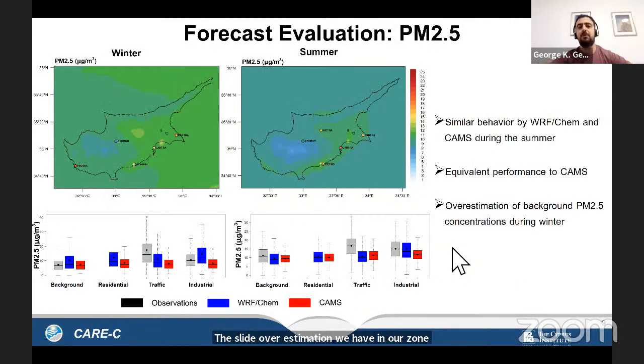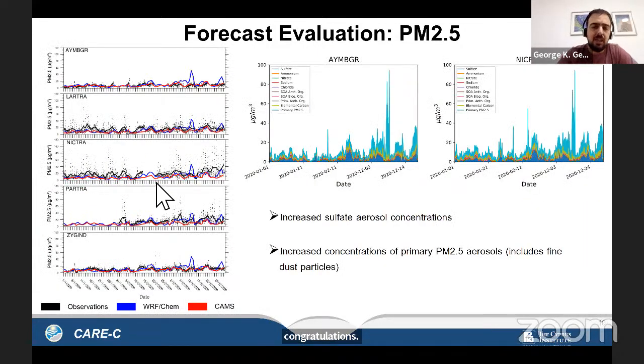These are the results for PM2.5 for winter on the left and summer on the right. We saw that there is a similar behavior by WRF-Chem and CAMS. Actually, both models had equivalent performance, and we saw that there was a small overestimation of background PM2.5 concentration during winter. We further investigated that, and we saw that this was due to increased model concentrations for a period